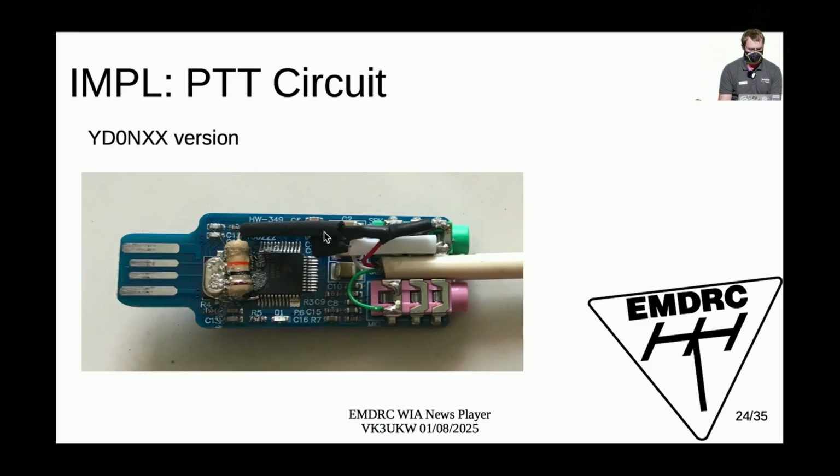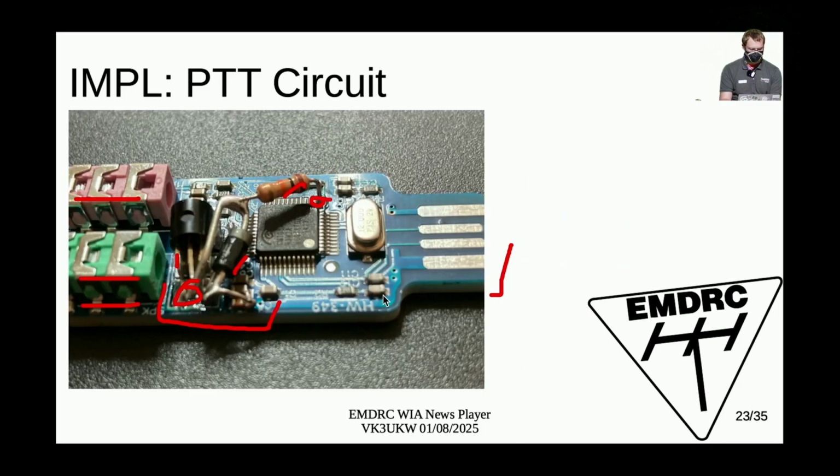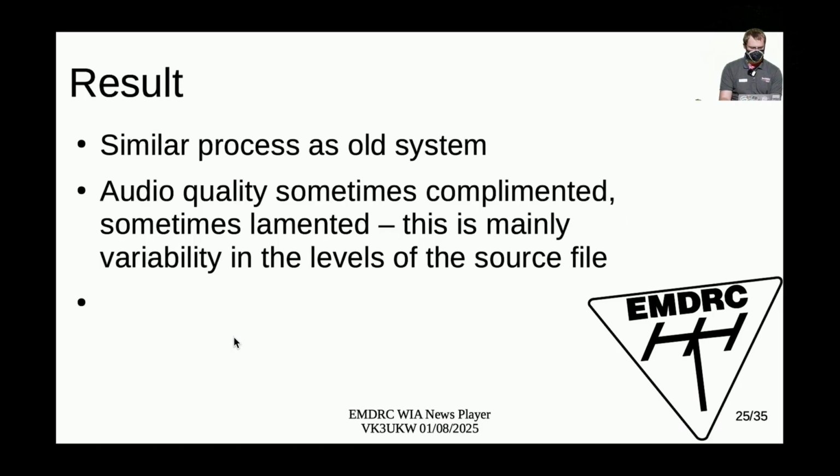This is the YD0NXX version, where they've set up obviously a connection to a radio with a signal cable, and that's going to have your plug for your radio at the end with like a DIN plug or whatever. But I thought, why do I need to do all of this weird soldering and put all this stuff in there when instead I can leave these audio jacks in place as they are, and I just steal one of the audio channels for my PTT signal. So that's what I did, and then